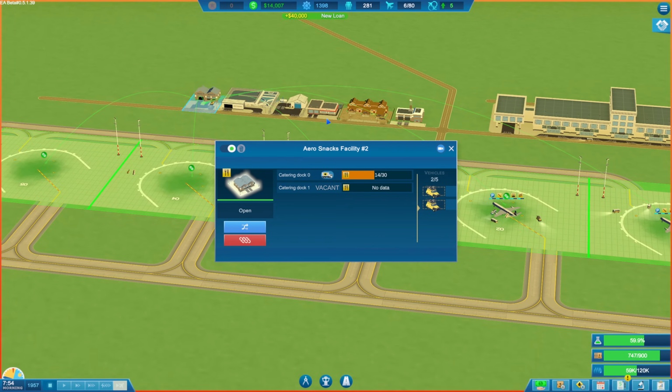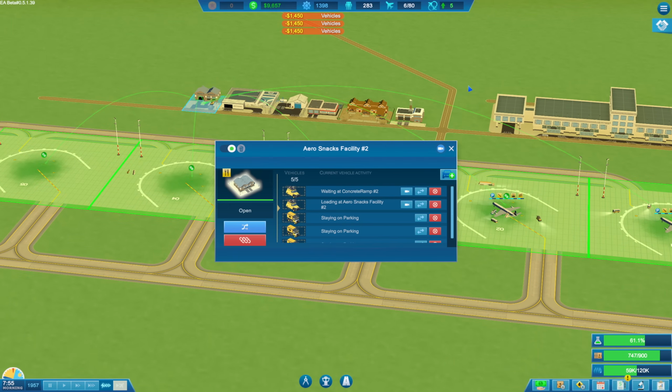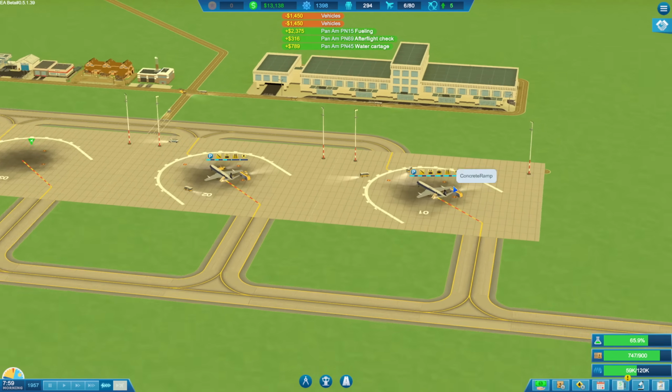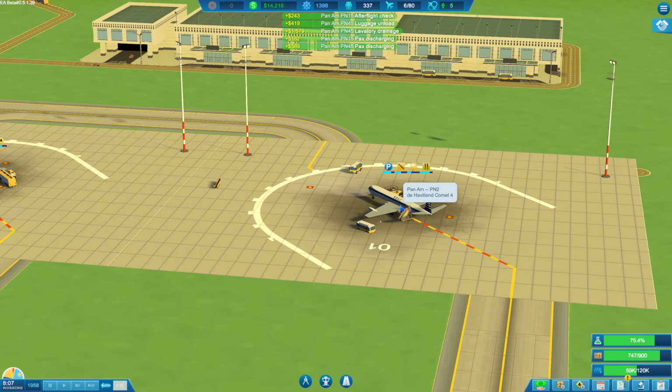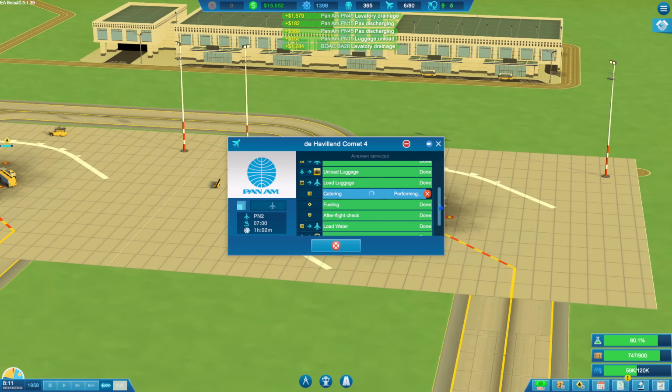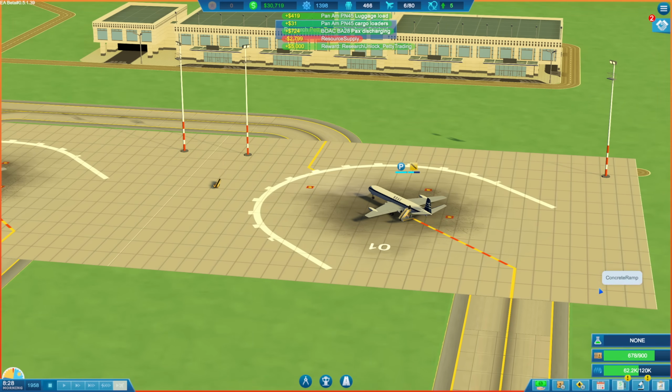Cool. Aero snacks. Boom. Nice. Okay, I'm not going to delete the other 2 just in case, again, video game crashes. But it should mean higher capacity catering trucks should make everything easier. Nice. Okay, this is looking much better. 1 hour and 10-second turnaround time, as opposed to...